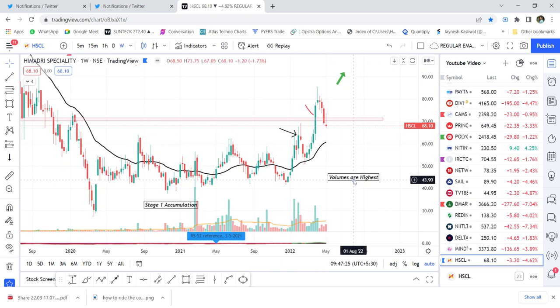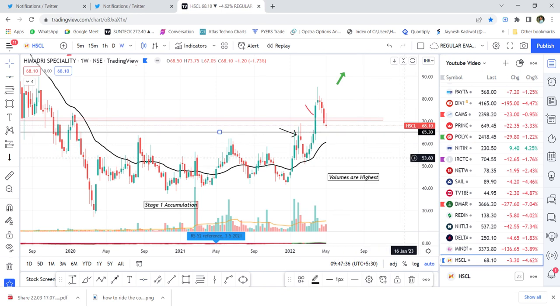The next stock is Hscl. Now Hscl has given a stage 1 breakout and is again near the retest area. So if the stock stays above the 62, 63 area or so, I would still be bullish on it. But once it starts to trade below this area, then I think the stock would have given us a false breakout, and